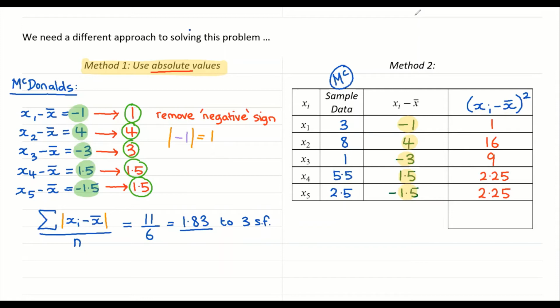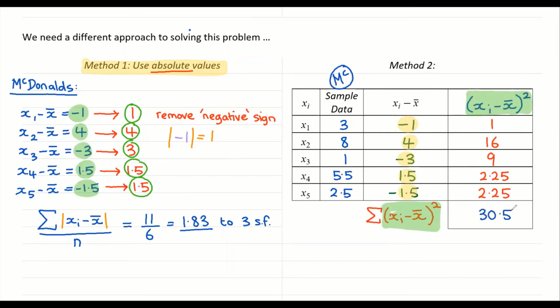If we sum them, so we're going to take the sum, that's sigma. We're going to sum all the xi's, subtract x bar, squared. Okay, I hope that's clear. So taking the sum, it looks complicated, but it's just the sum of this column. If you add up all those numbers, we'll write the total in the bottom. That's 30.5. You can do that on your calculator as well. So this number at the bottom is